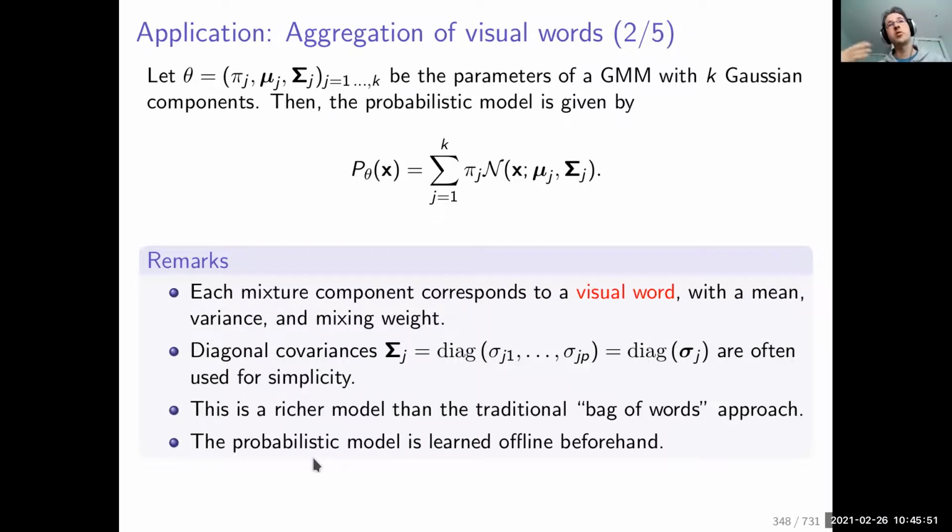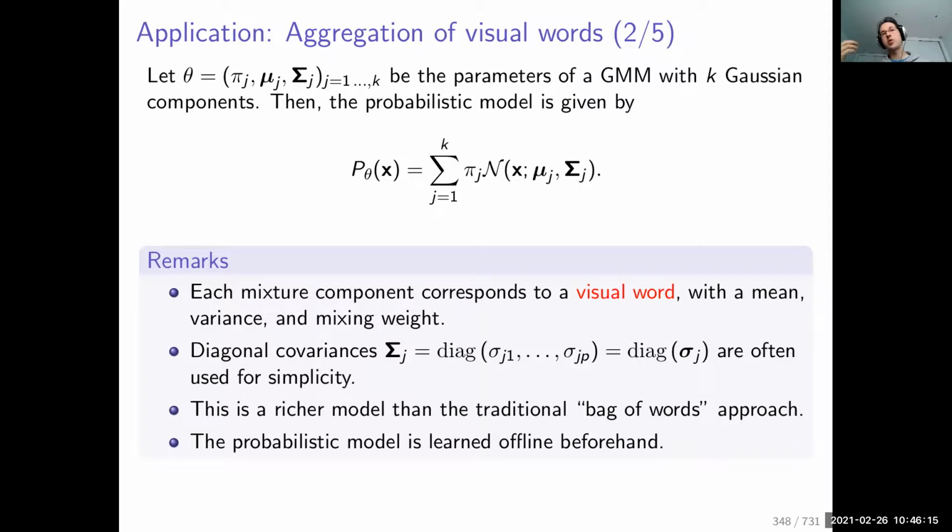And in the first stage, what you do is that you are going to extract your visual words. If you are dealing with computer vision, you are going to fit your Gaussian mixture model on this set of visual words that come from many different images. And after that, you are going to encode a new image using the Fisher vector.